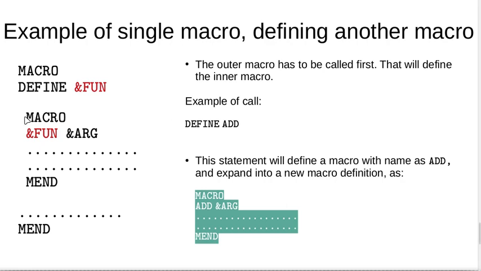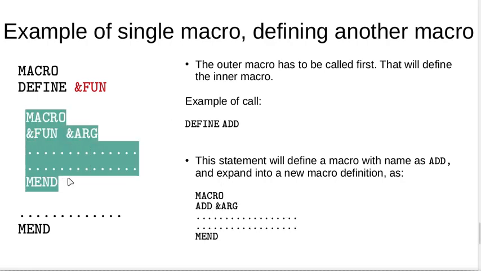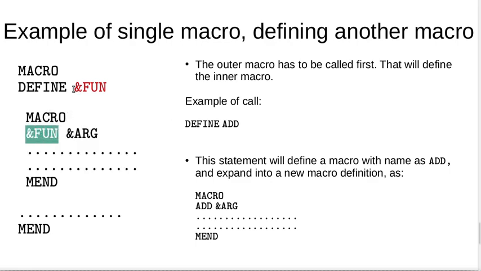Why? Because see, for the inner macro, the whole macro definition remains same. We are not able to change the macro definition. So in that sense, all the macros are said to be similar. What changes for the macros? What can be changed? We can simply change this name. See, that is why I have highlighted in red. The only thing that is changeable for this set of similar macros is the macro name.